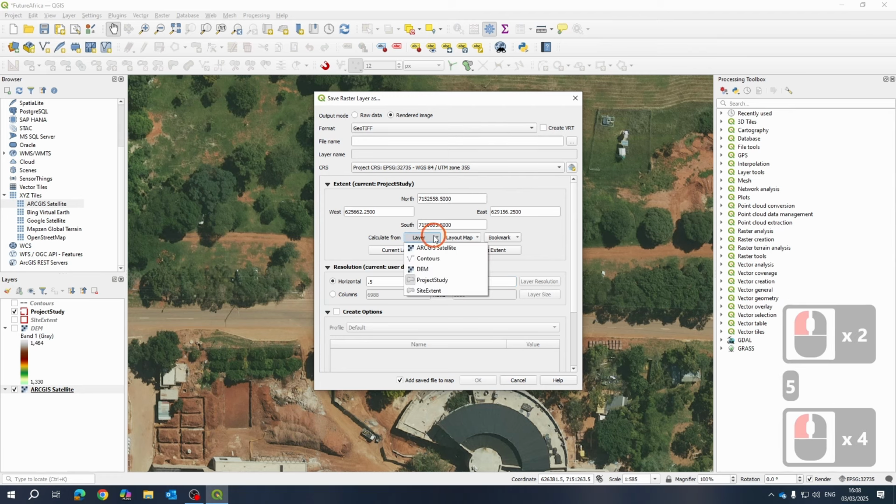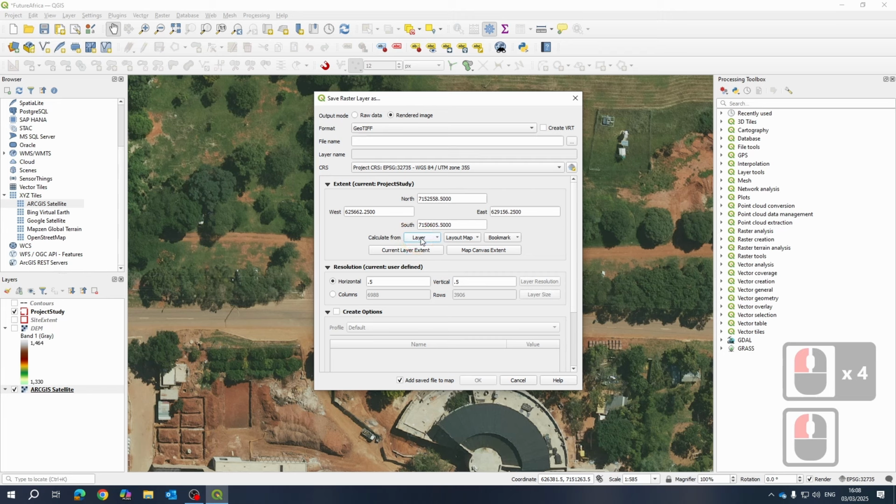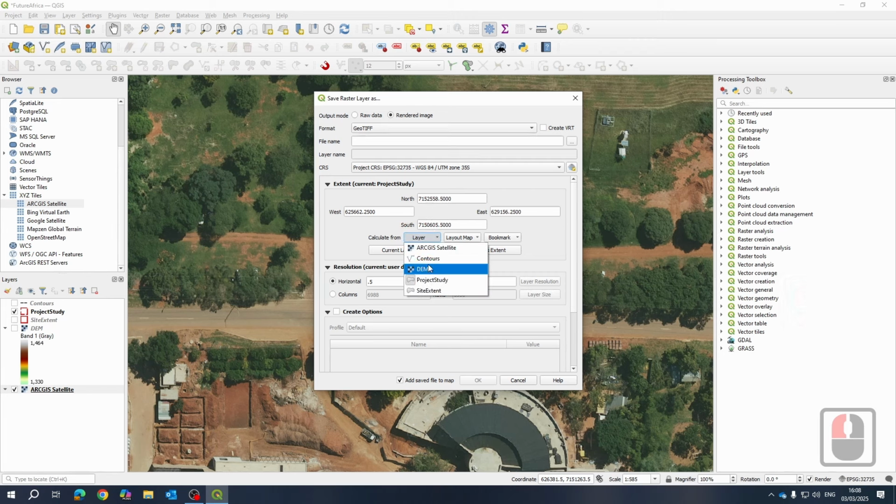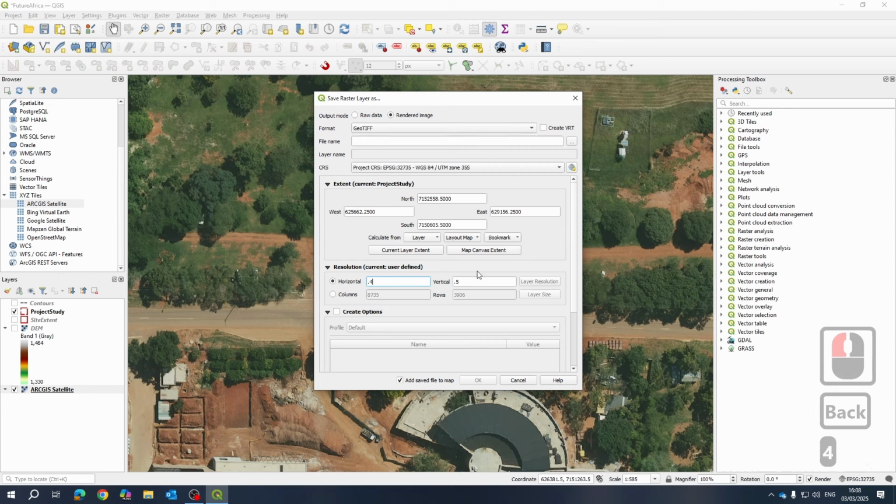that might work. Just make sure that we're going to use the project study area. So let's say project study area. Now please note that this is still a very large image, but at least the quality of the image might be good enough to work with. This does take a bit of playing around, so you're either going to work with 0.4, but just look how big